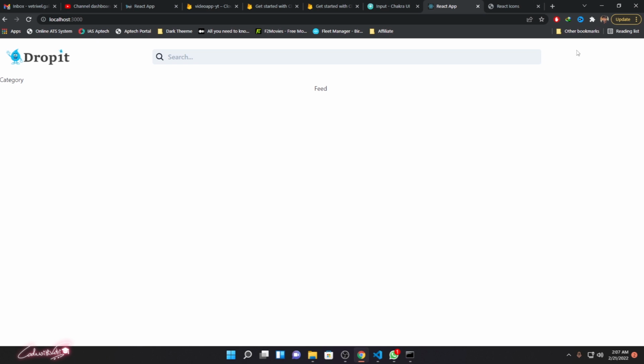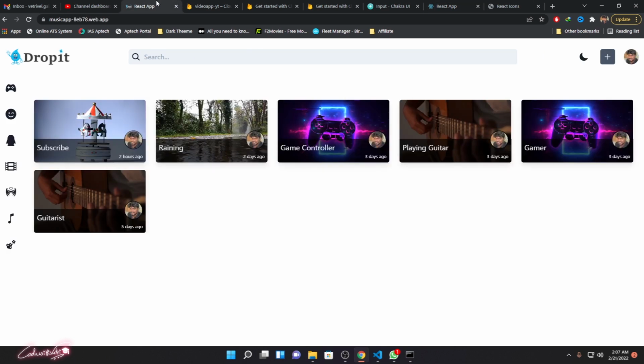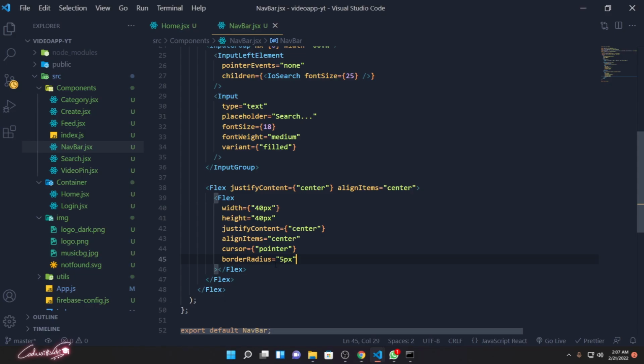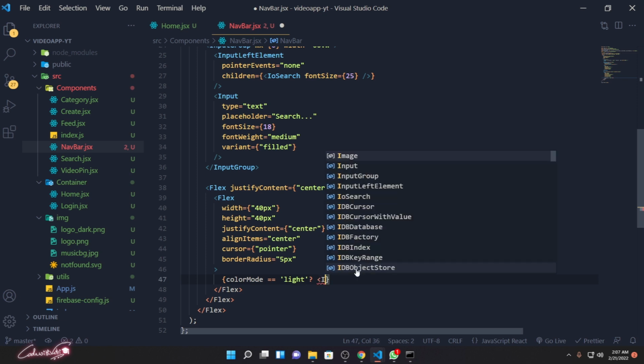Let's see, currently it's not showing anything. Okay, so now inside here I need to display the icon. This is where the real trickiest part is. So what we need to do is, if the color mode is equal to light mode, then you need to load this icon,